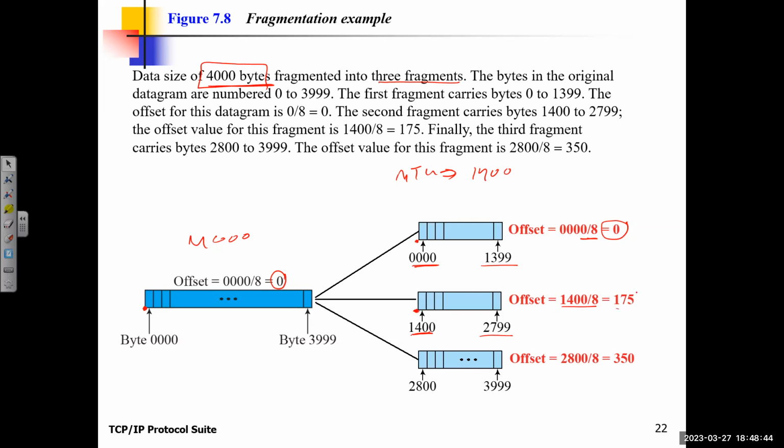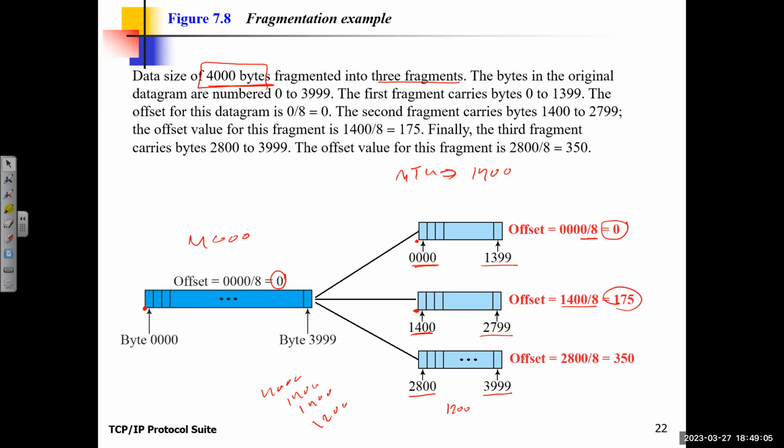I divide by 8 is 175. Then, what is the remaining? Remember, I have 4,000, and I already did 1,400, and 1,400. How much left? 100. So what is the last one? It's from 2,800 to 3,999, which is